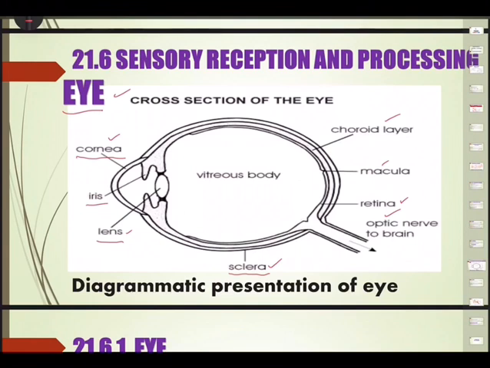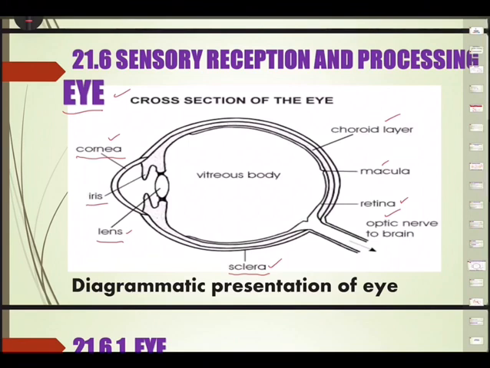Then the cornea. The cornea is a thin transparent front part of the sclera. As you are seeing here, the sclera gets extended and in the anterior region it forms the cornea, which lacks blood vessels but is very rich in nerve endings. So the cornea has a lot of nerve endings. The cornea allows light to pass into the eye, that is why I said shutter. The conjunctiva protects the cornea and also secretes oils and mucus that moisten and lubricate the eye.